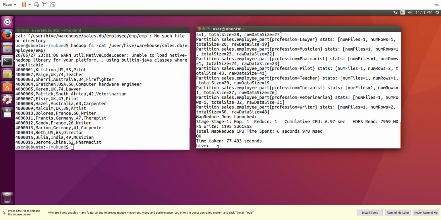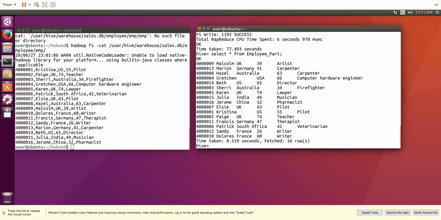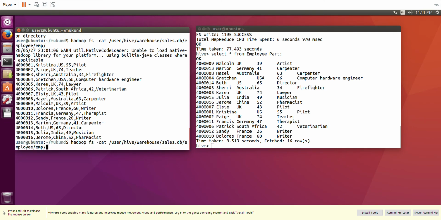Now let us see one thing. I say select star from employee underscore part. So we have the data, there is no change in the data. Data has come. So how will we understand what happened internally? We say Hadoop FS hyphen ls